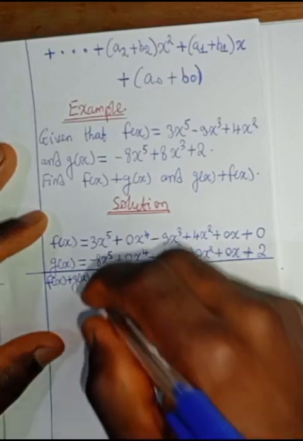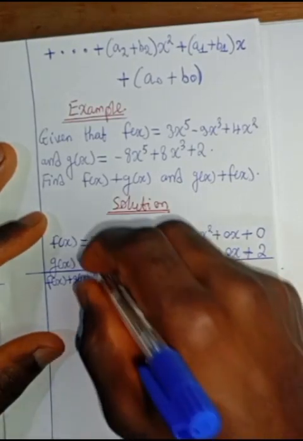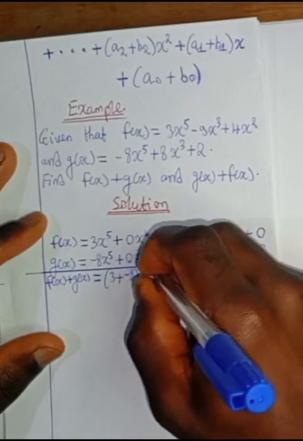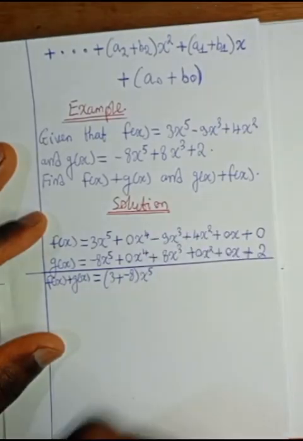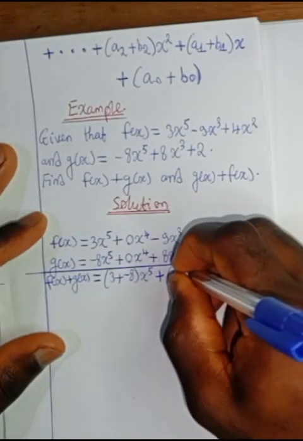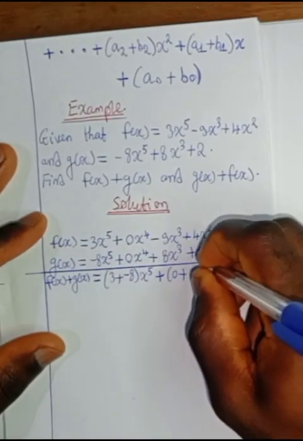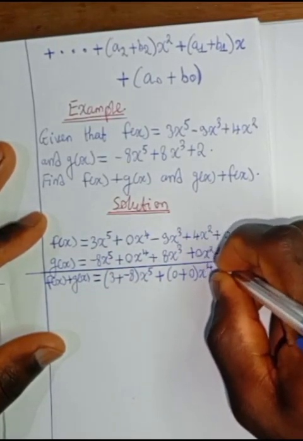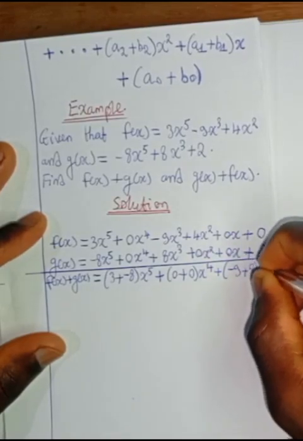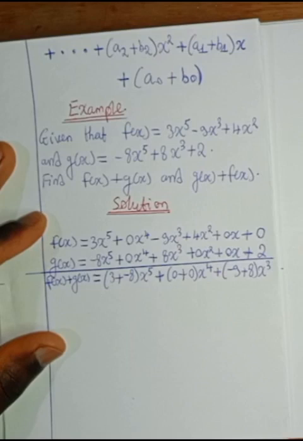These are all like terms. So this will give us 3 plus negative 8 times x to the power 5 for the first, plus next we take 0 plus 0 times x to the power 4, plus we go to the next, we have negative 9 plus 8 times x to the power 3